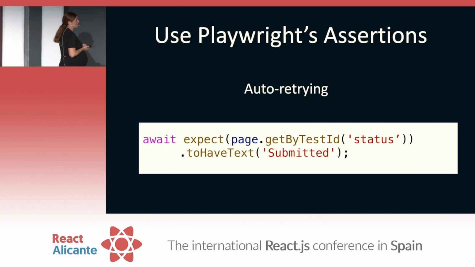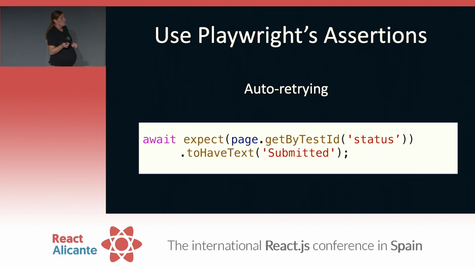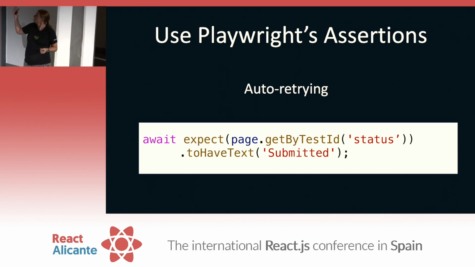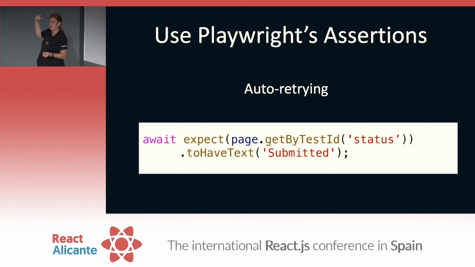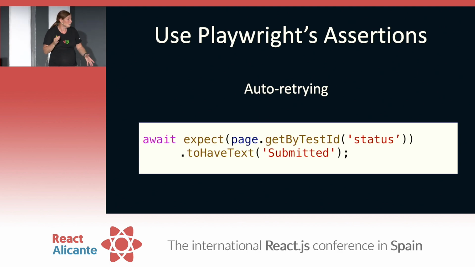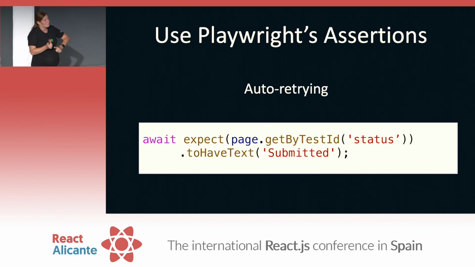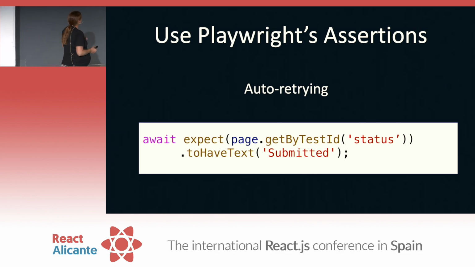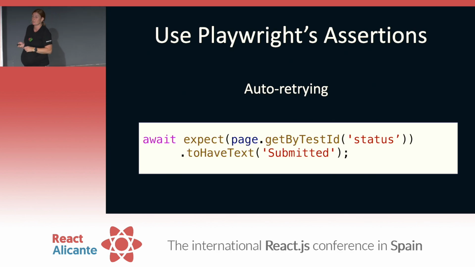Use Playwright's assertions. So we do have normal assertions, but on top of that we have Playwright-specific assertions. And you can see here we have await. Make sure you put the await. Then we'll expect the page. We're going to get by test ID, in this case the ID of status, and we're expecting it to have text. That's a Playwright assertion. The Playwright assertions will auto-retry. So if it doesn't come back true in the first go, it's going to go again. It'll go again. And then after maybe 3 times, it's going to say this test has failed. Or maybe you have a flaky test and it works the first time, second time, or it's waiting for something to be ready. So it will retry. So it's really important to use the Playwright assertions.